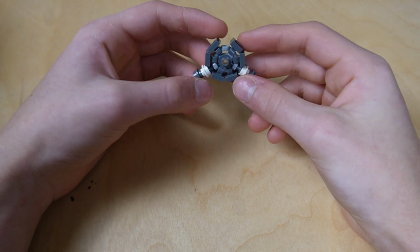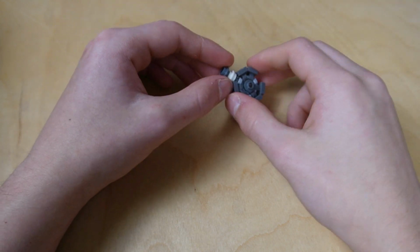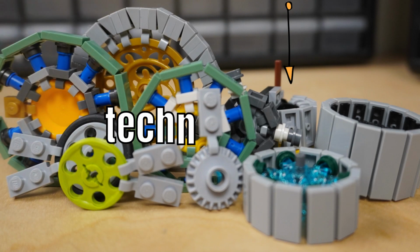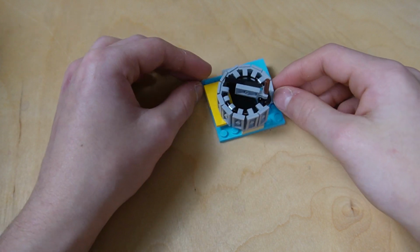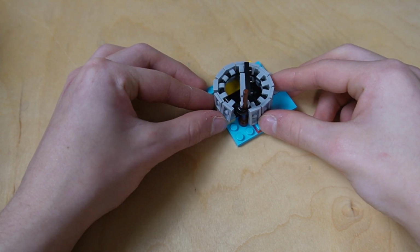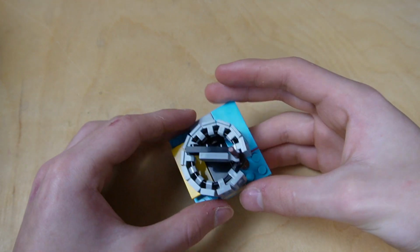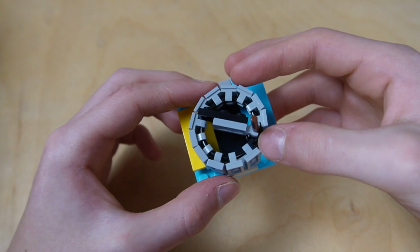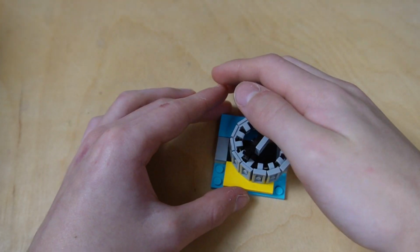which is an interesting technique, being another non-perfect circle. So for technique number 7, it uses a piece from the ornament set that is pretty new, and I believe this is a brand new piece. It is the ring, like, holder thing. Not sure